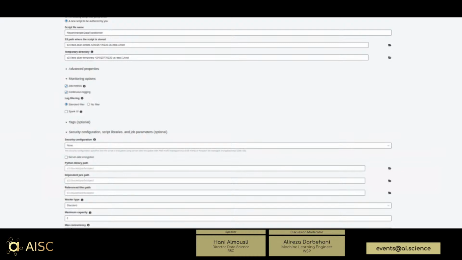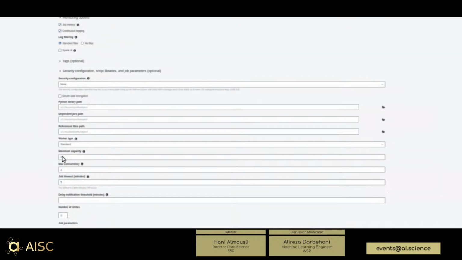After that, one of the most important factors to keep in mind is something called maximum capacity and the maximum concurrency. In my case, I'm putting it to the minimum, which is 2. And here they measure the job by something called DPU, which is data processing unit. In that case, every one matches to an amount of memory and an amount of CPU. So the larger your job, the more complex it is, the more data you have, the more DPU you need, the more money you're going to pay. So that's why for my example, it's very simple. It's just to learn. And that's why I just put the bare minimum, which is 2.